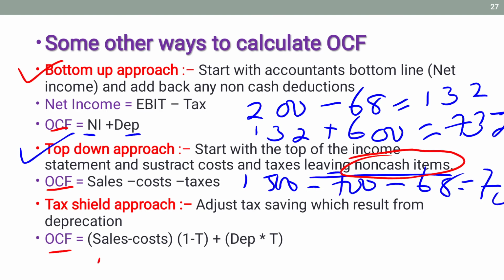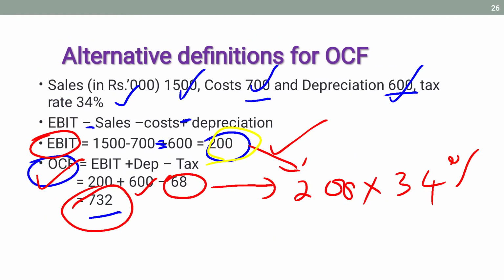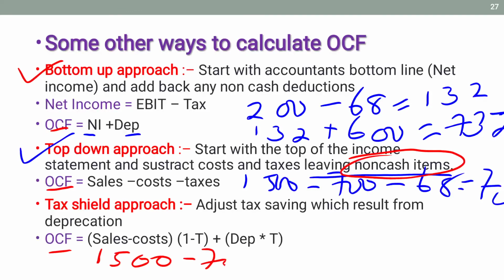The same figure you can put here, 1500 minus cost 700, right, within bracket, 1 minus tax rate, 1 minus 34,